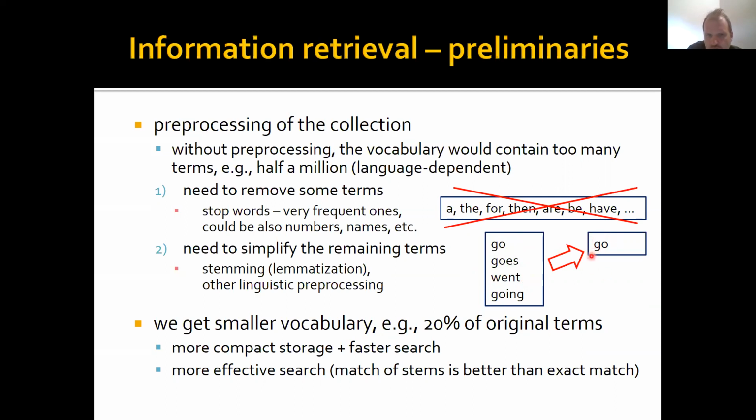And from now on, it will not be represented as a word, but just as an identifier of a token, of a term. So the term has some ID, and will represent all of these words that map to this term. Once we do these two steps, we get a small vocabulary, let's say 20% of the original vocabulary, which leads to more compact storage, faster search, but also to more effective search, because